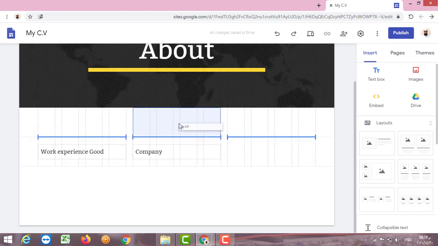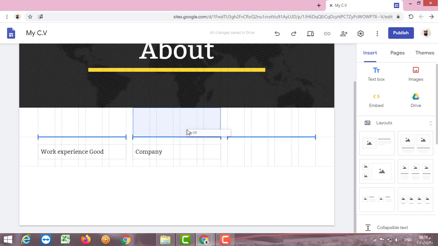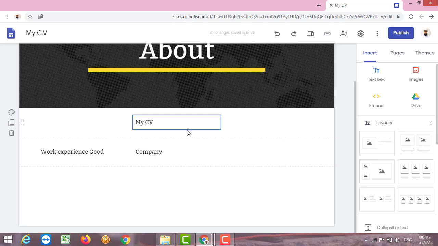I want to make it at the middle. Once you start moving, you can see here we have 3 columns or 3 partitions. We can place our content either left, middle or right. These are the options.